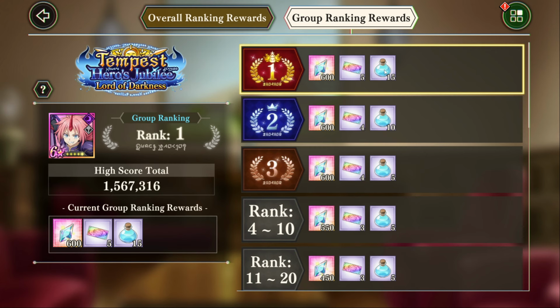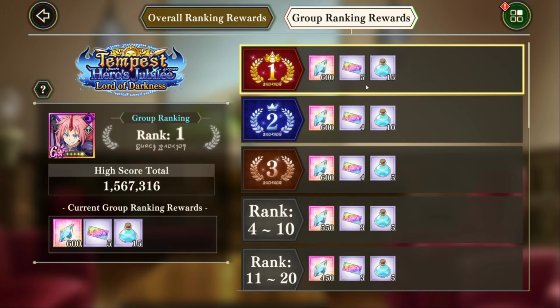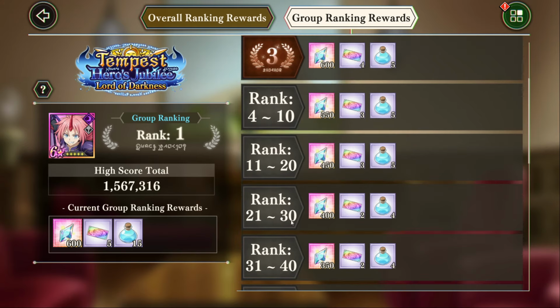So we do actually have 1, 2, 3 extra rewards in Jubilee that we previously just did not have at all. And 5 stars is not a small amount. You do have to work for it. But even if you put a medium amount of effort in and you get rank 21 to 30 or rank 11, you can get 2 to 3,